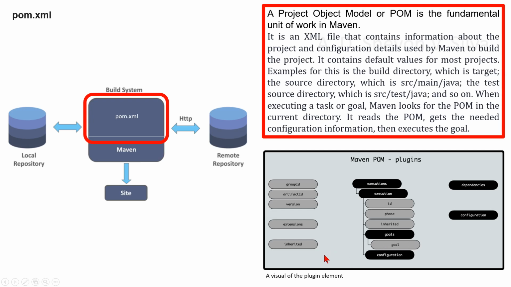Plugin inheritance. Plugins have inheritance logic similar to dependencies. A plugin declared in a parent POM is inherited into the child POM unless the parent declared the inherited flag to be false. Setting the inherited flag to false breaks the inheritance. In addition, the plugin management section in the POM functions the same way dependency management works for a dependency. There's currently no equivalent of a bill of materials for a plugin, although there is an open source issue for